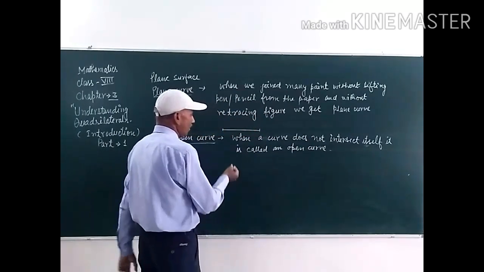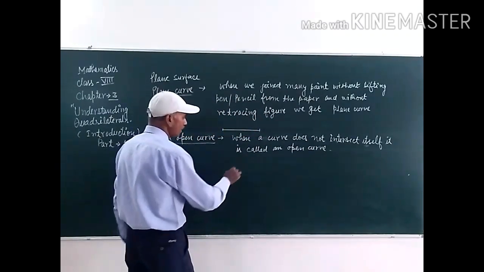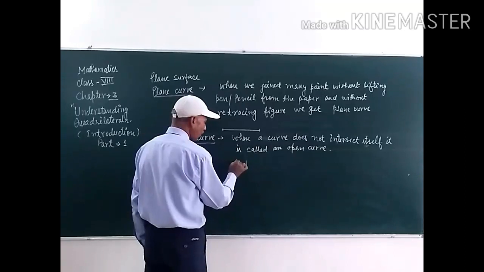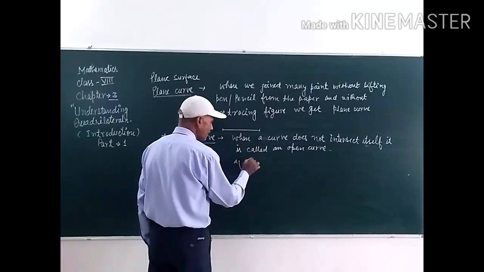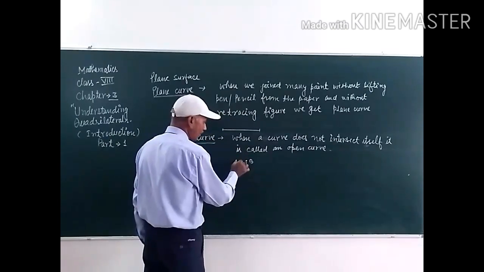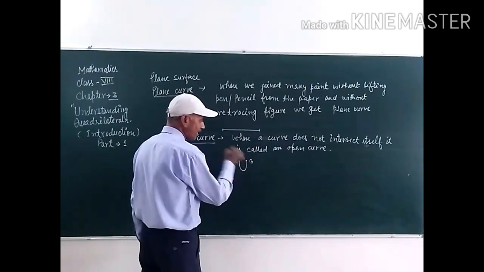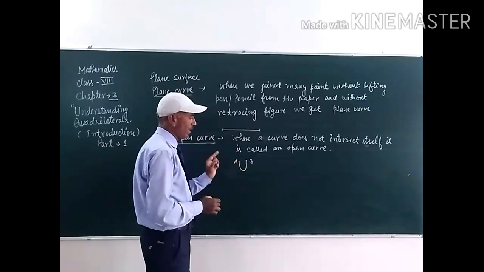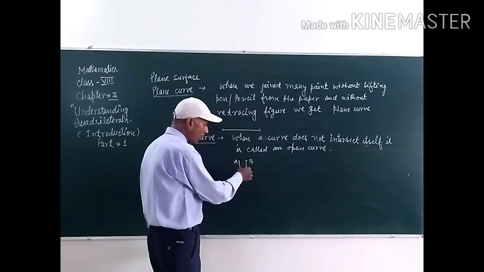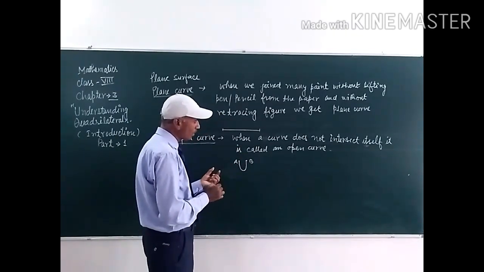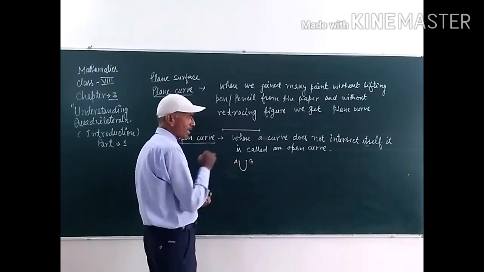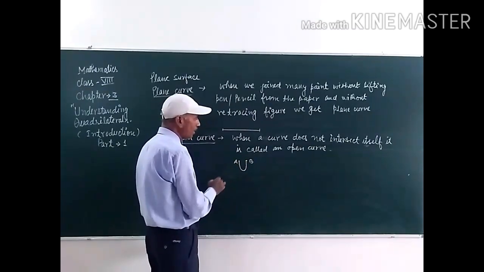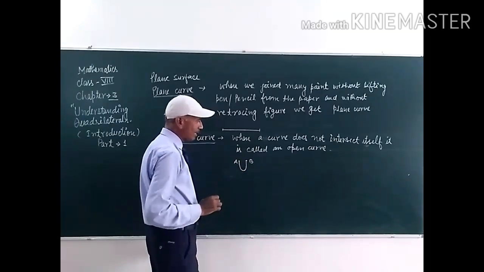Students, we will give some examples of open curve like this. This one is an open curve because we start from point A and we get this from point B. From A to B, it does not intersect itself. There is no point in this that is repeating itself. So we have not intersected any point. Intersect means that if we come back to the same point twice, then it intersects. So this figure is an open curve because it does not intersect itself.